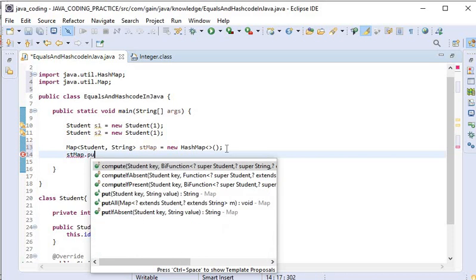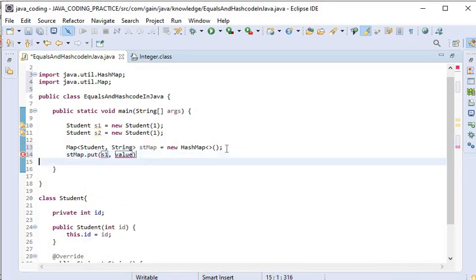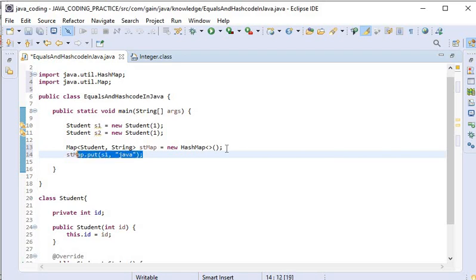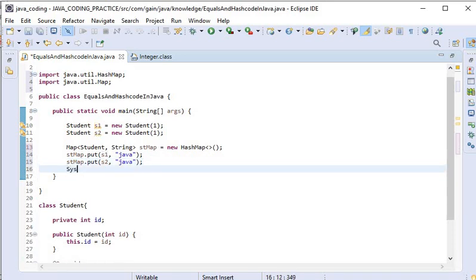Here I will call put and add student s1 and the value will be a string, so here I will use Java, or we can use any class name, and here I will use student s2 and the subject is Java. Now here I will use sysout to print the map object.